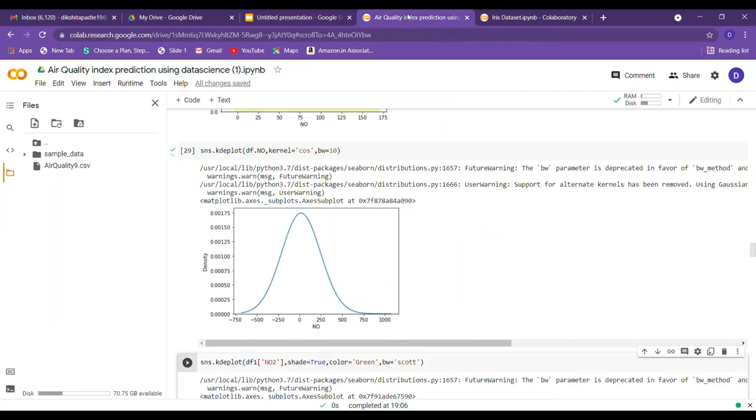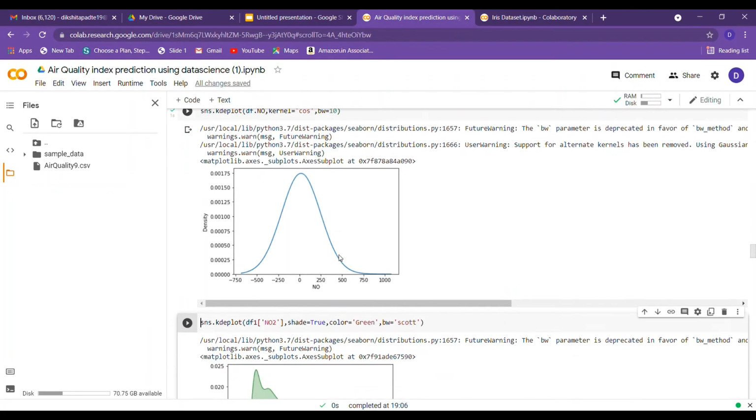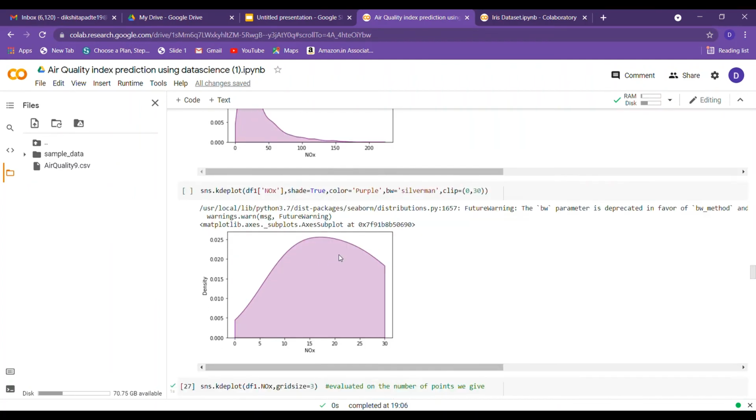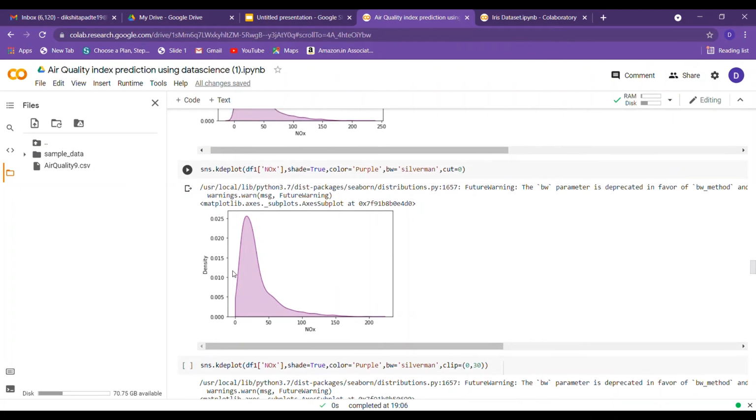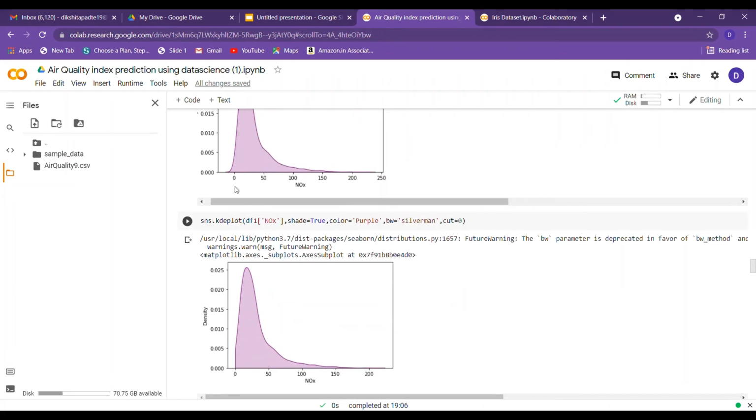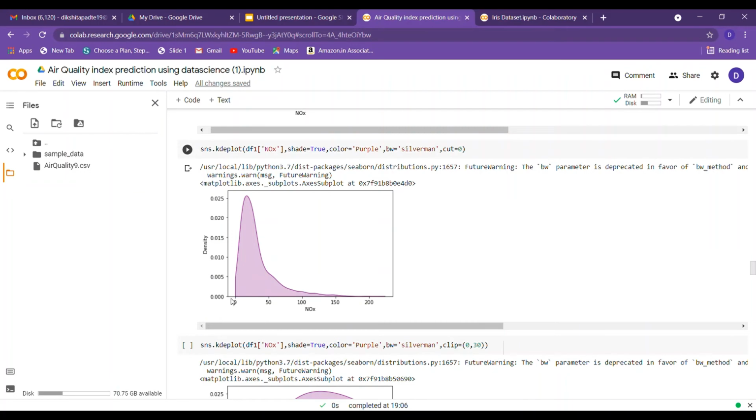Now, let's move to our Colab. These are some small arguments which we don't use frequently, but they are still good to learn. Here we have cut equals 0. In this, what happens is the plot gets cut at the 0th position. Here it extended below 0 before, and now we can see the plot is cut off over here.